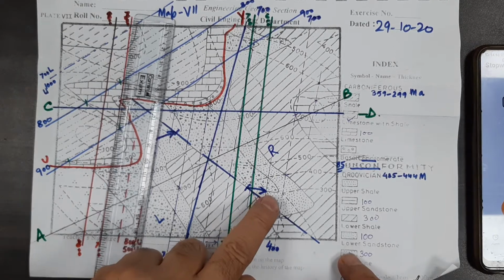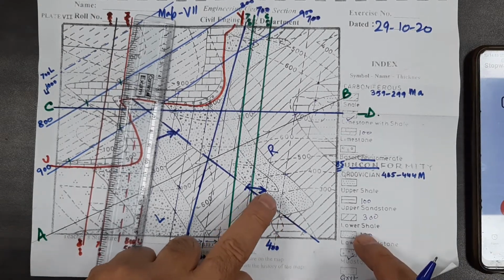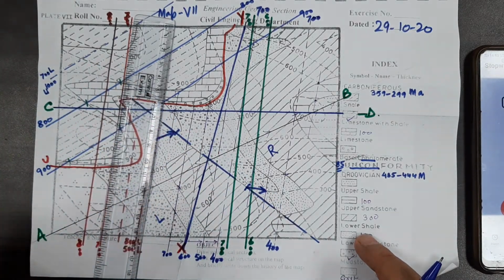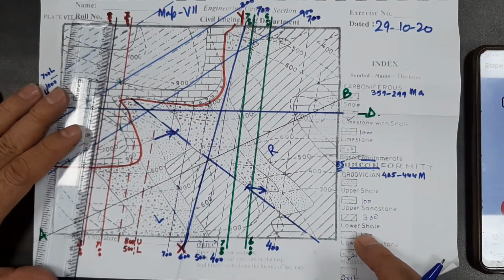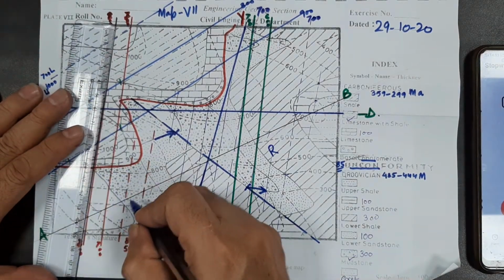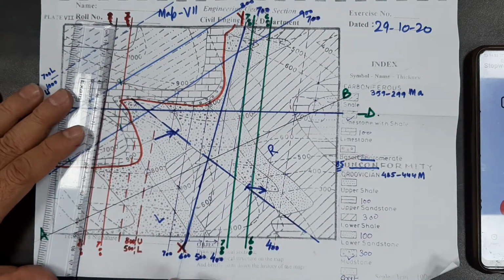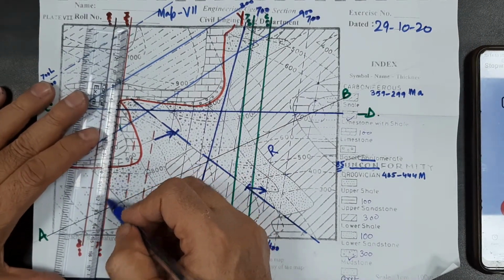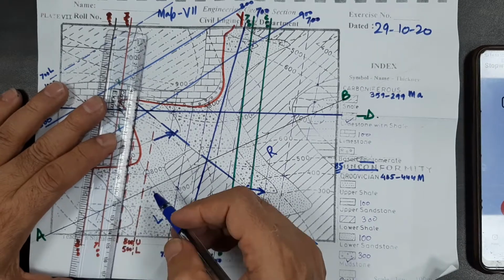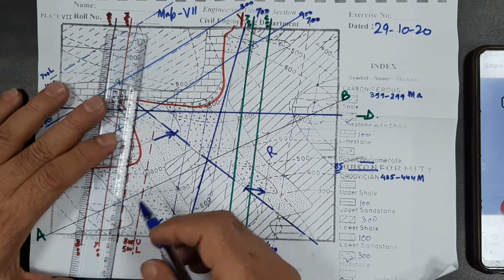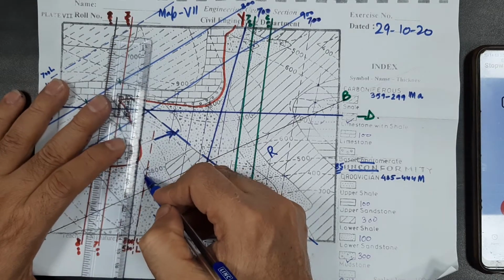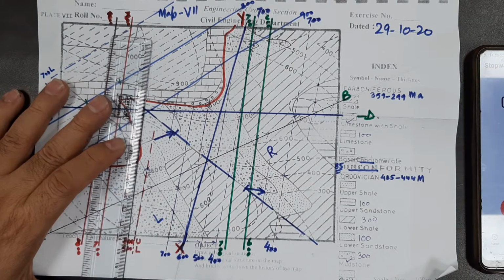In this case I have taken the strike line from the upper contact and gone up to the lower contact. I can do the reverse also, projecting the lower contact of mudstone over the upper contact. See here, this is much simpler. This is the 800 strike line, this is 700, this is 600. Up to this we have got a strike line on the map. Our conjecture is that this should be the 500 strike line, which meets the 800 contour line at the upper contact. The thickness of the rock is 300.